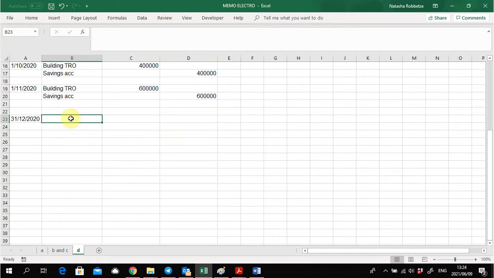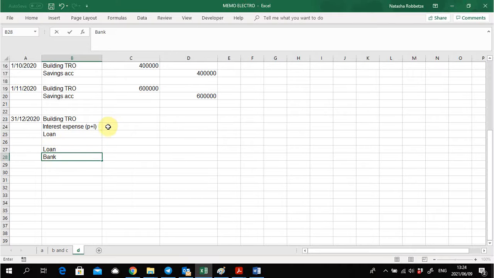Right, so now we need to make our payment and we need to go and see. All right, so we're going to have the building TRO. Then we may have some or other interest expense, which is profit and loss. And then we will have our amount, which is booked to loan, and the loan is decreased when we make